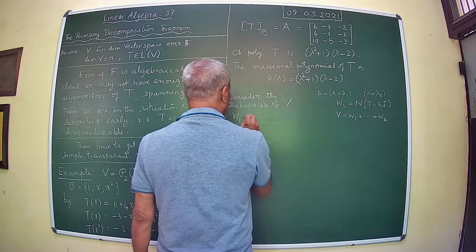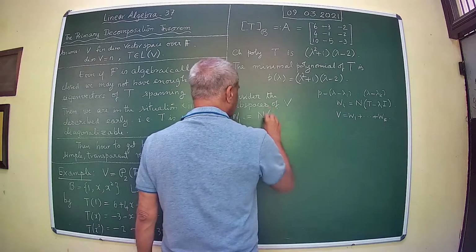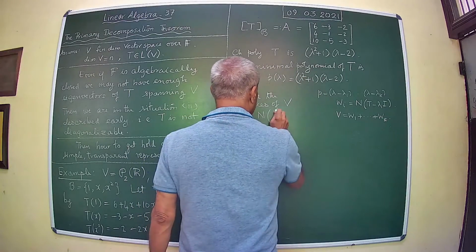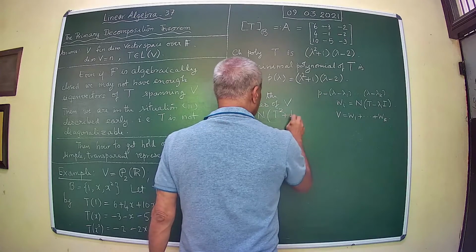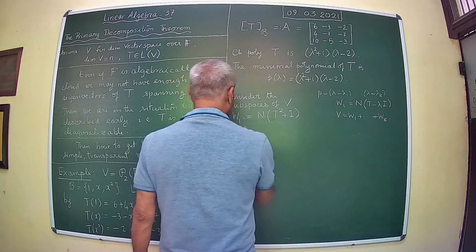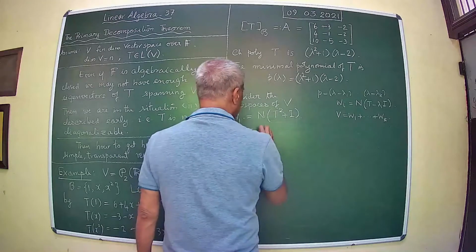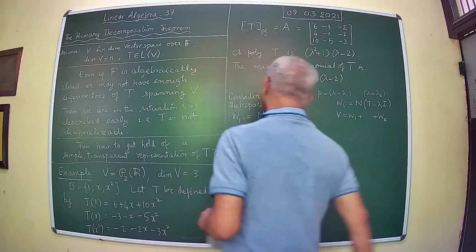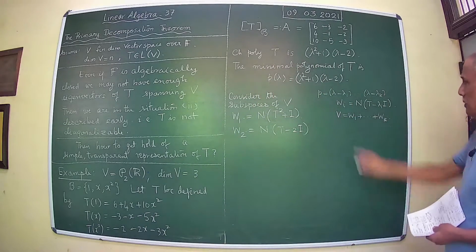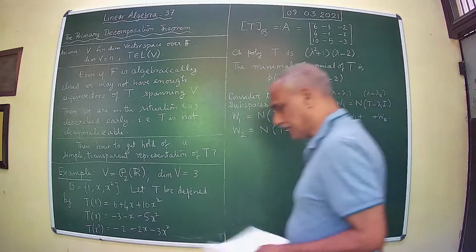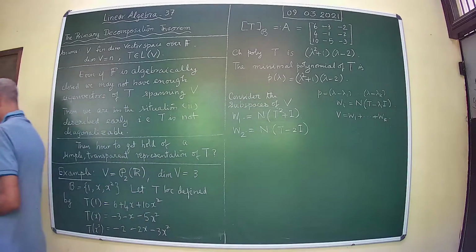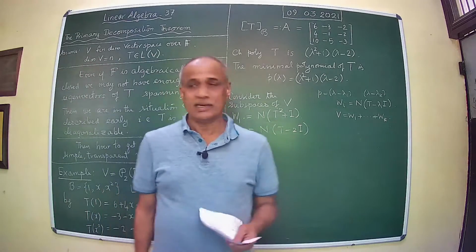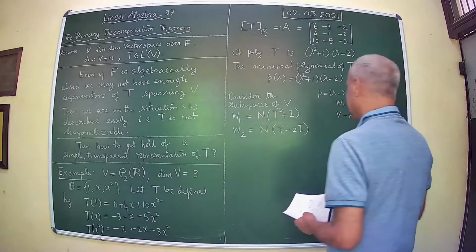W1 defined as null space of S. And W2 corresponding to the ultimate splitting of P that you have in the particular field. Okay. Now, the questions that you asked is